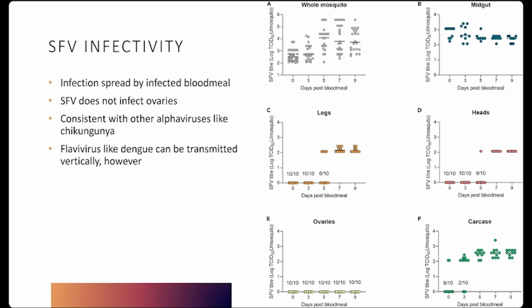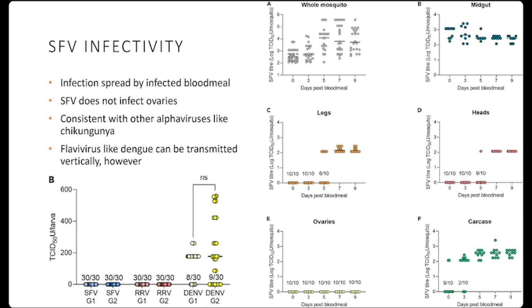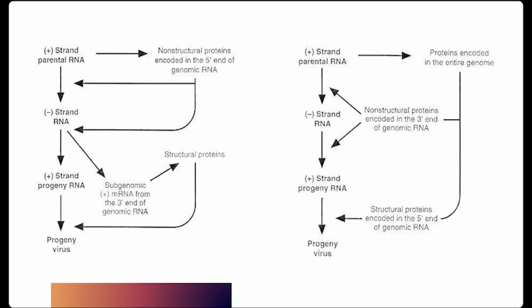This is an issue in Japan and in Africa mostly though. And then this figure is for the larva. So you can see this is the next generation where SFE is not getting in there. RRV, which is another alpha virus, is not getting in there. But dengue can get to the next generation. So that's why flaviviruses were not chosen for this experiment. But the same idea of immunity is important for understanding how they're fighting these viruses and why it's not as effective on flaviviruses.